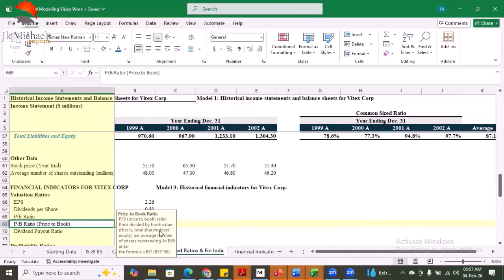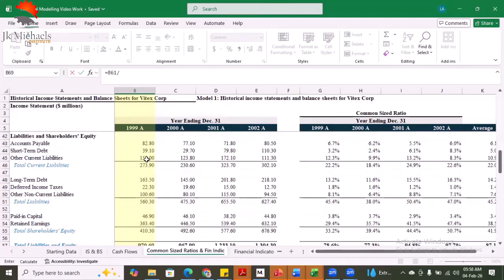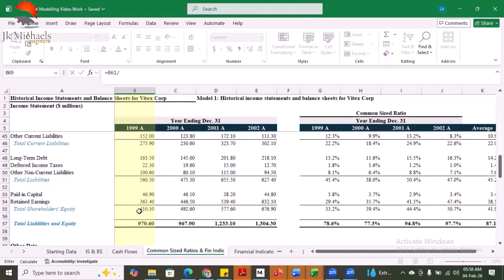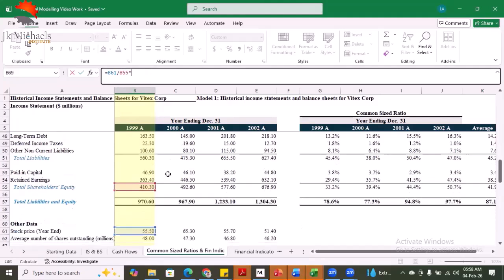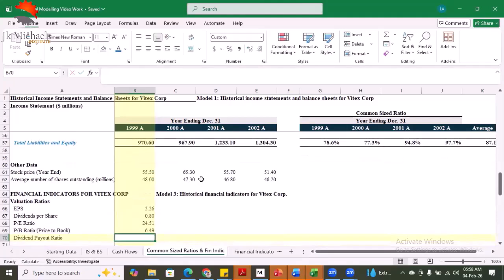So we're simply going to take B61, which is going to be the price, and then we're going to divide it against the total number of outstanding shares, or divide it against the book value, and then multiply by the outstanding shares. So let's do that. We have the share price, and then we divide it by the book value of shares. Let's see the book value of shares. It's total liabilities and equity, total shareholders' equity, and then we multiply that against the number of outstanding shares. That's the total number of outstanding shares, which is going to be 62, and then we get